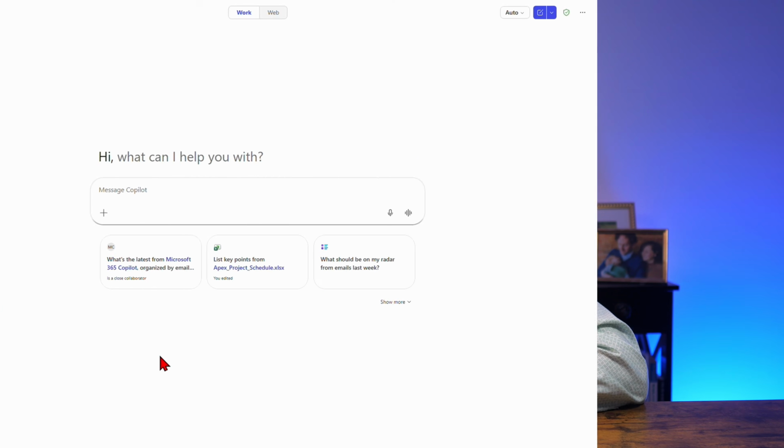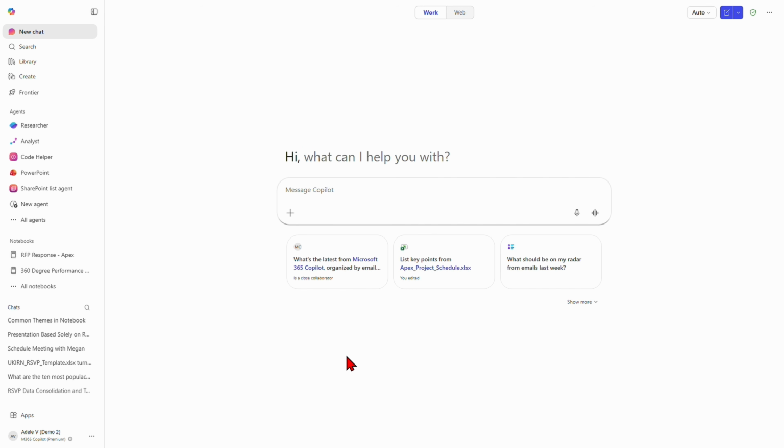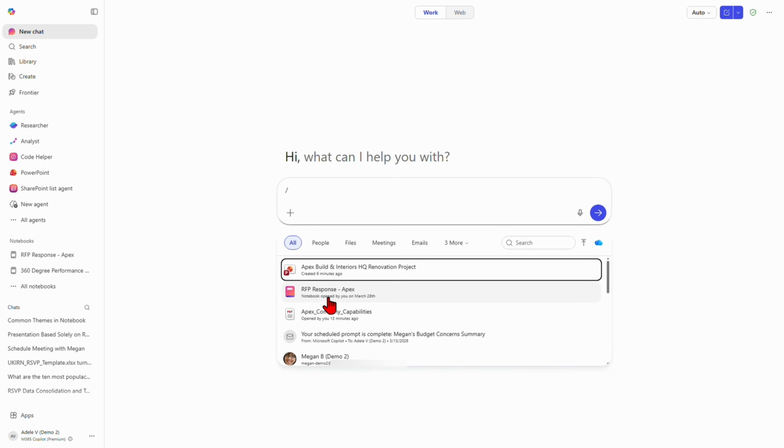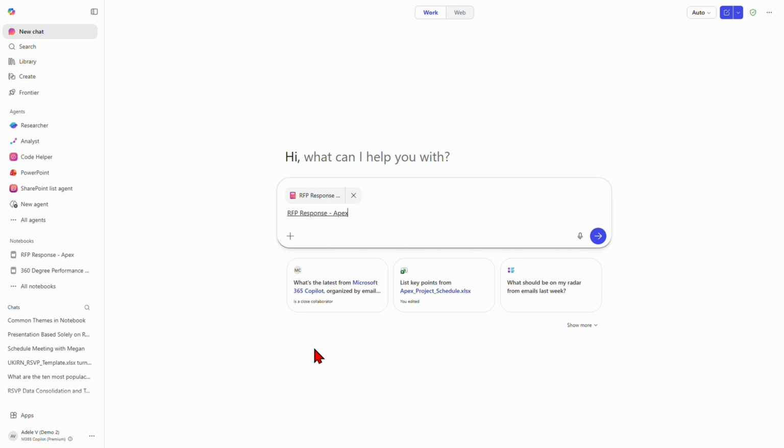Lastly, there's a couple of other places notebooks have been turning up that make them even more useful that I think we should take a look at. Now, back in Copilot Chat, this is not so much a notebook feature as a chat feature, but it is an important addition when it comes to notebooks, and that is that I can now ground my chat on a specific notebook. So you can see here I've got that grounded on that Project Apex notebook, and this is really